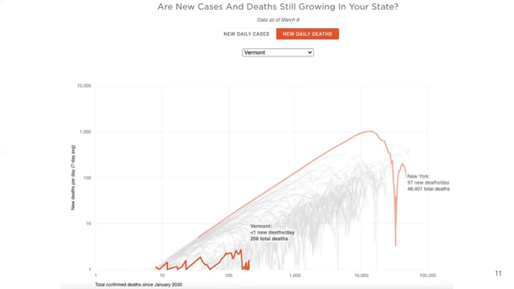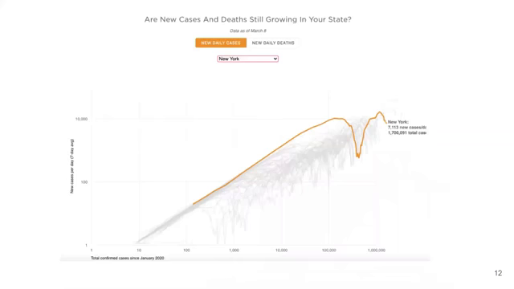It would maybe make more sense to compare urban states with other urban states such as New York and Illinois. Yeah, definitely. And funnily enough, you can see that if you select New York, it doesn't compare the curve to any other state. So perhaps NPR has some user data that suggests that New York has its largest readership. Be that as it may, this is confusing as the researchers don't explicitly explain why New York is used as